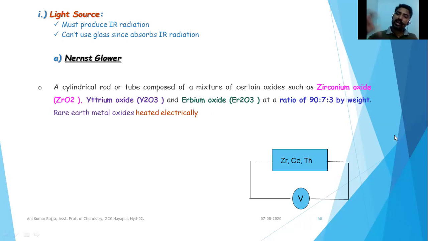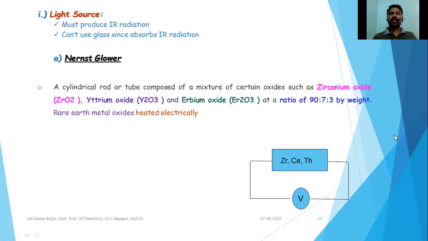But infrared also will produce a certain region of radiation. For suppose, 12,500 centimeter inverse to 667 centimeter inverse wave number containing radiation is pertaining to infrared. So if you are using zirconium, cerium, thorium oxides, they might produce the infrared region of radiation, maybe not exclusively, maybe from 4000 to 7000 centimeter